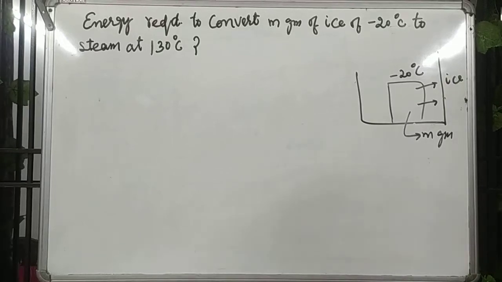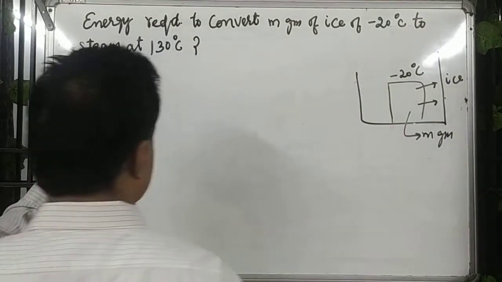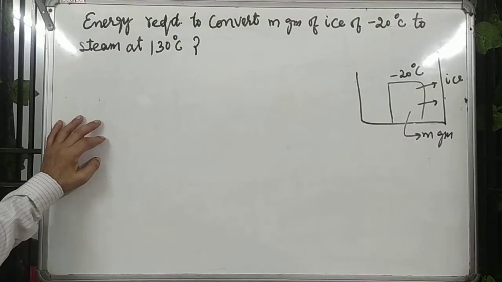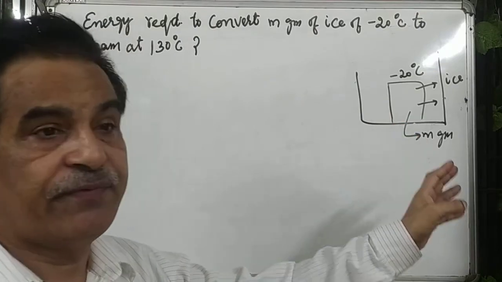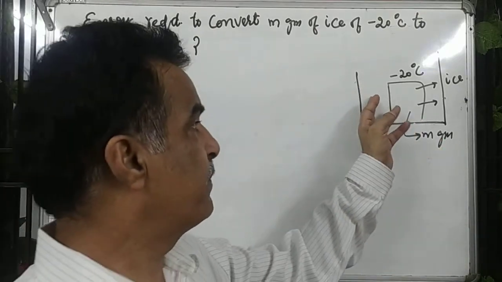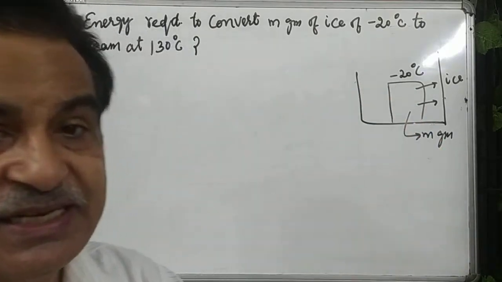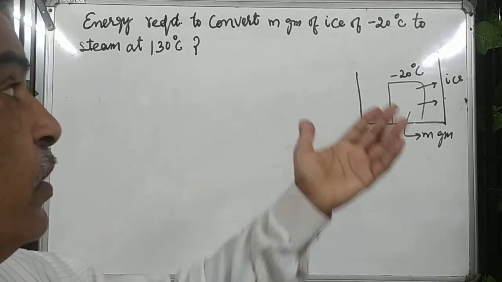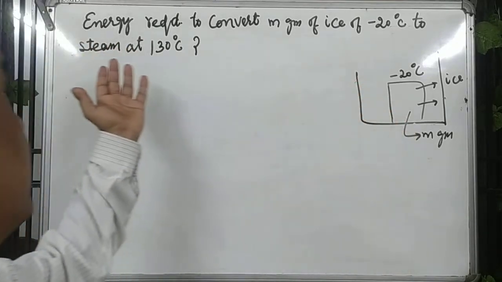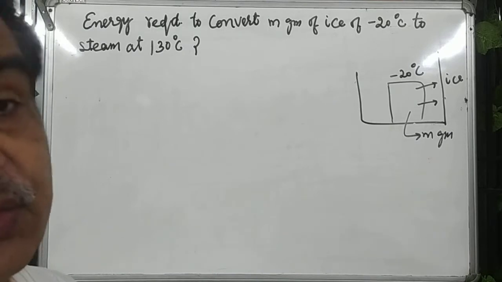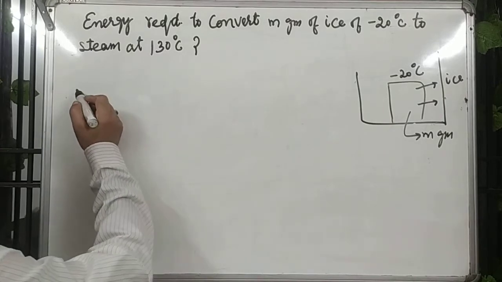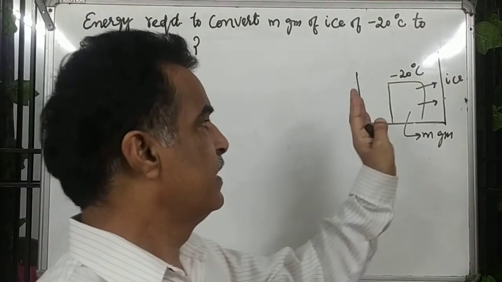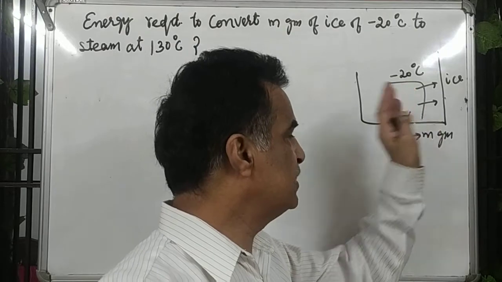Hello students, there is a question: what is the amount of energy required to convert m gram of ice at a temperature of minus 20 degrees Celsius to steam at 130 degrees Celsius? So over here, for the amount of energy required, what will happen is that you will supply energy